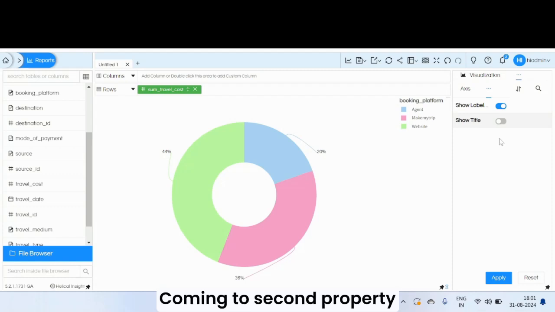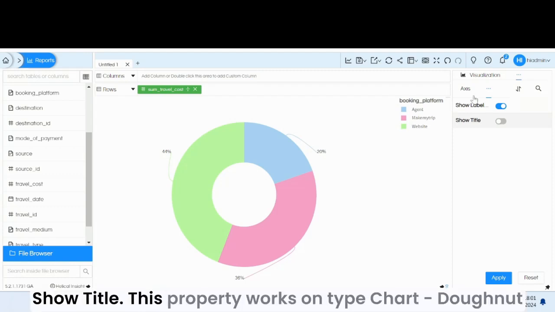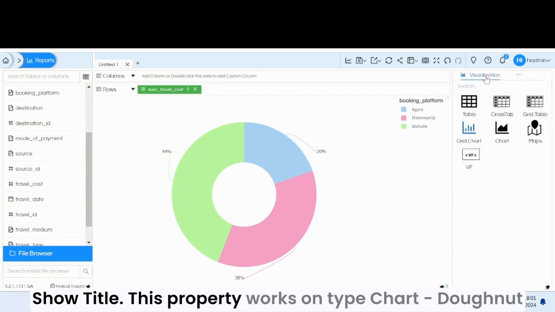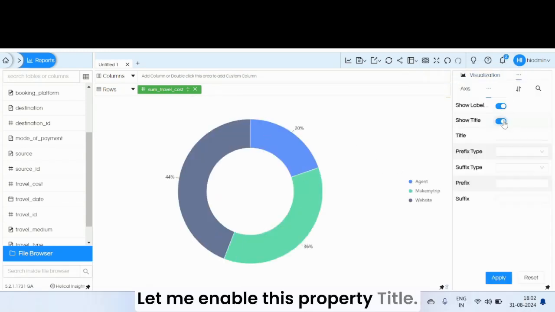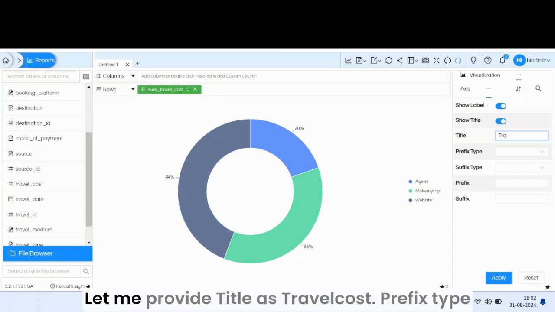Coming to the second property, show title. This property works on chart type donut. Let me enable this property. Title. Let me provide the title as travel cost. Here